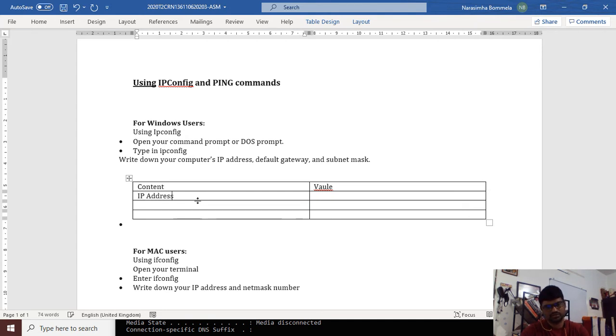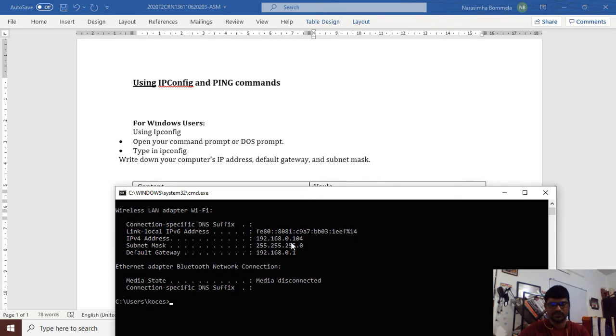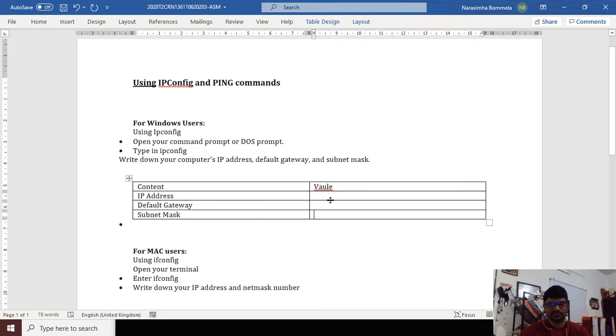IP address, then default gateway, then subnet mask. Our IP address is 192.168.0.104.